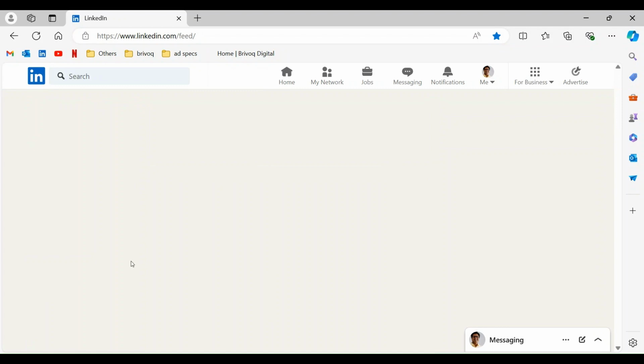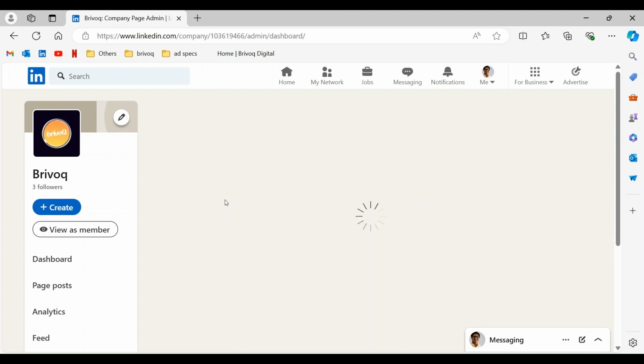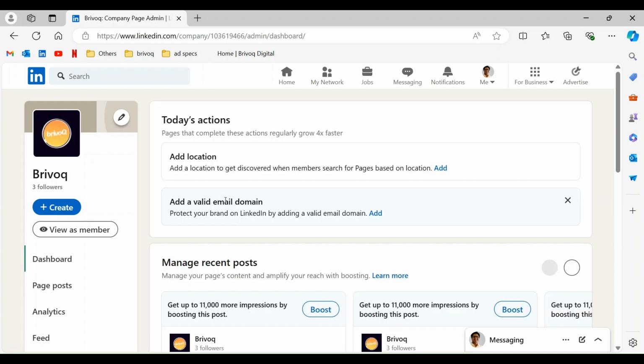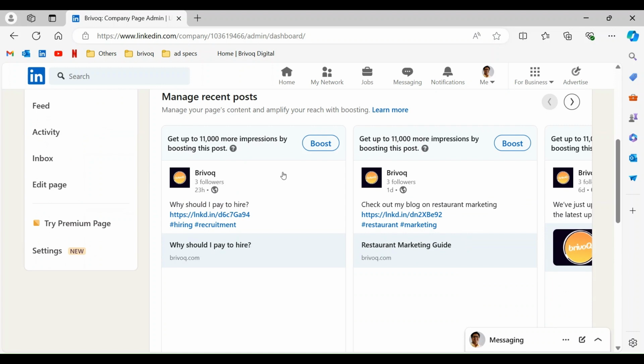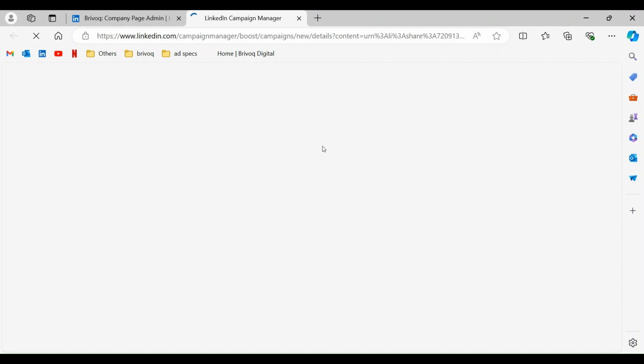to promote, you need to have a page, a company page, your product page or company page. And here, these are my posts. Here there is an option to boost. Once I click on boost, you see LinkedIn Campaign Manager opens up,